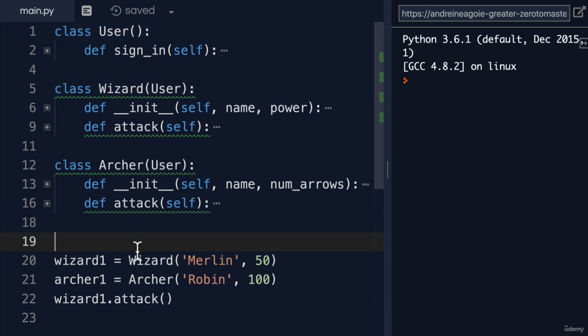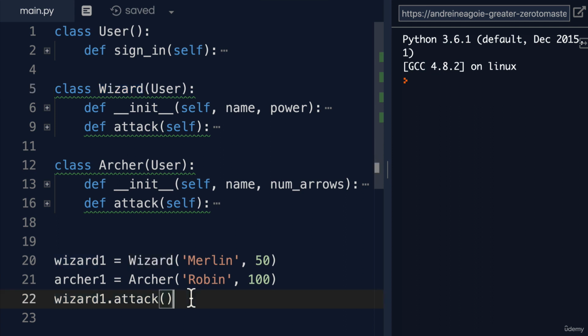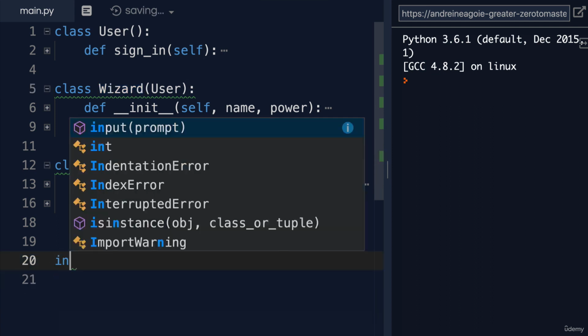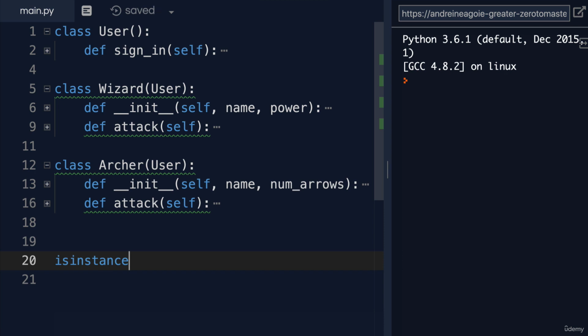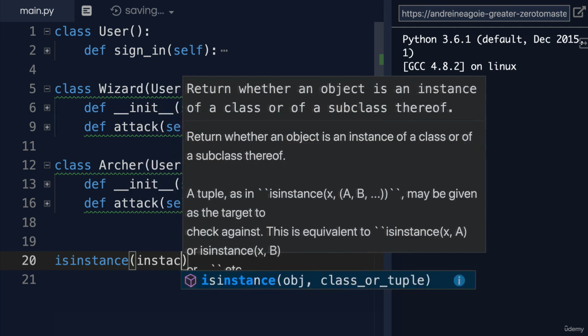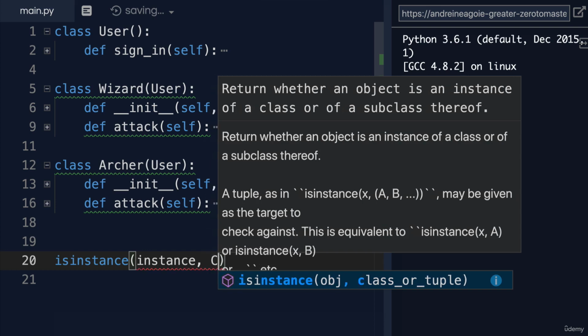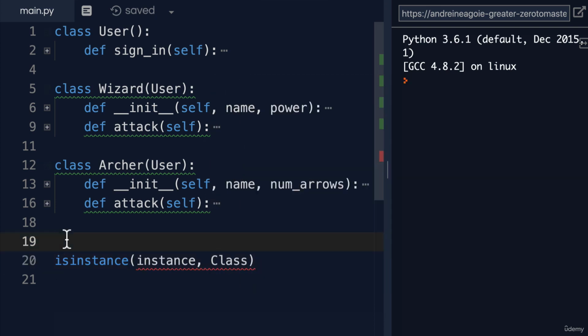Now, Python gives us a useful tool to check if something is an instance of a class. And easily enough for us, it's called isinstance. And isinstance is a built-in function in Python. We give it the instance and then the class that we want to check. So in our case, if we had